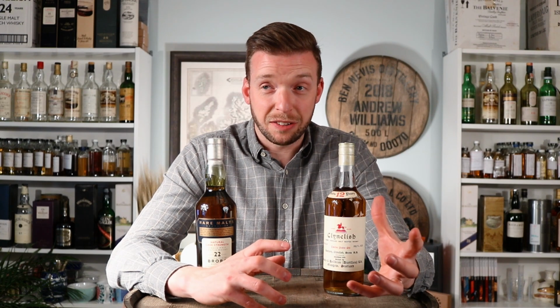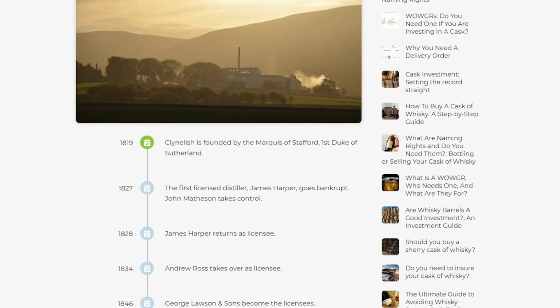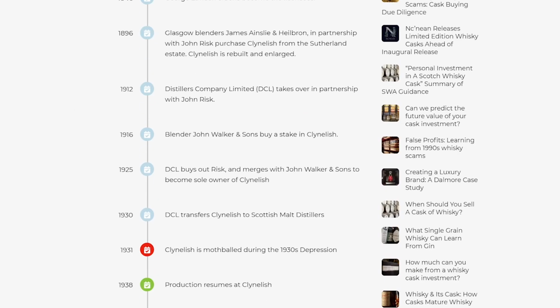In order to understand this new Triptych Collection that's being released, you need to have a bit of an understanding about the history of the distillery, and not just the Brora Distillery but also the Clynelish Distillery. Now, if you want a really in-depth guide to this, head over to the Mark Littler website. On the blog we've got a very in-depth history and a very useful timeline, but the bare bones of the